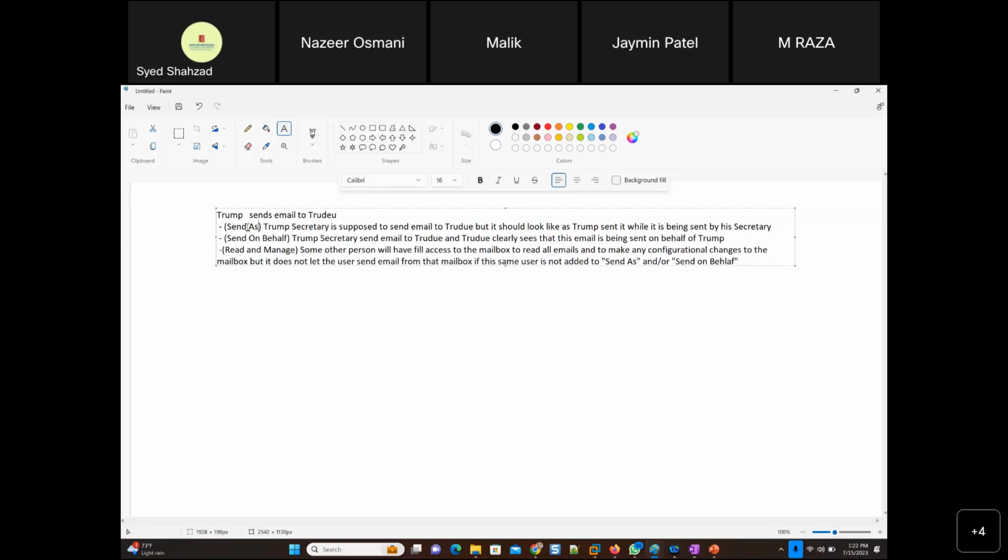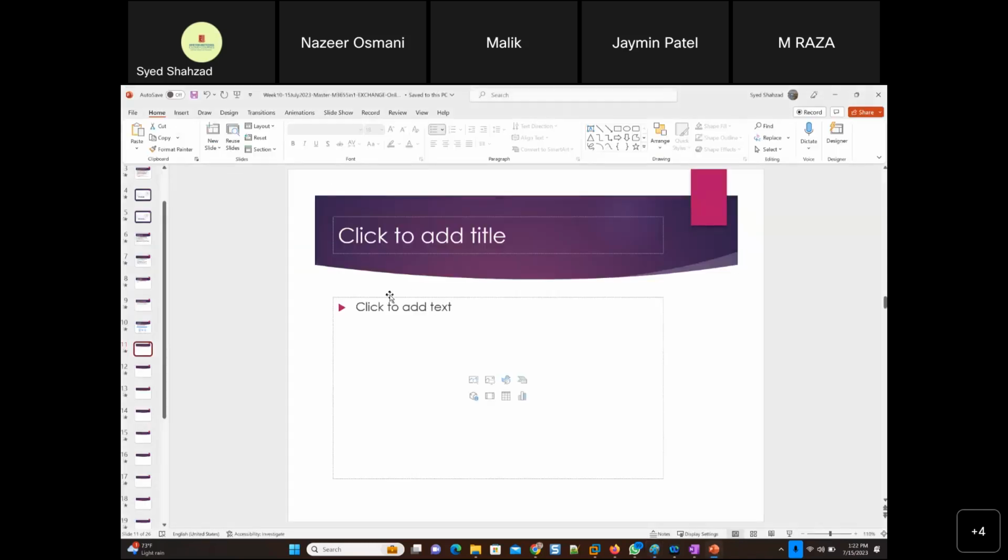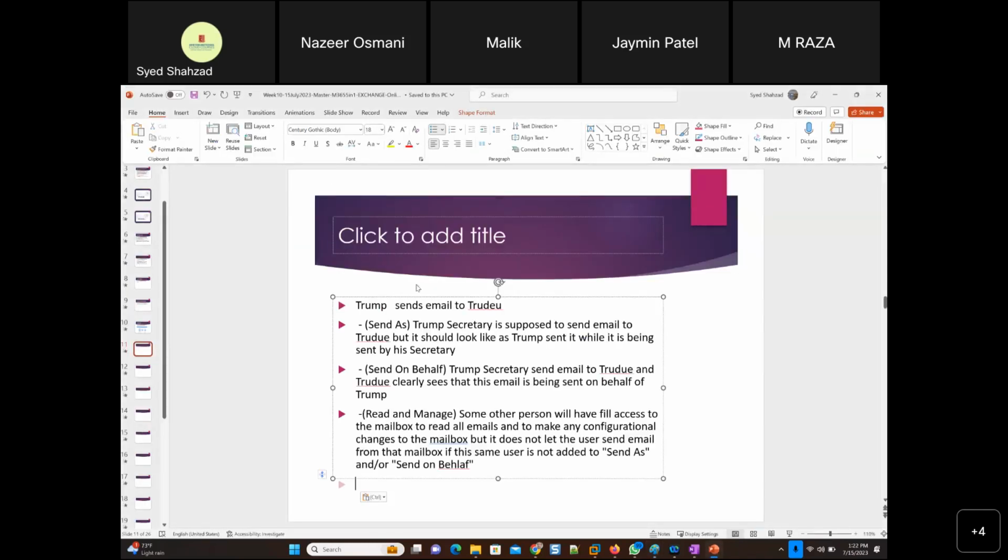Then you will add that user to send as, or you want the recipient to know that it is you sending on behalf of someone else. Then you can add that user to send on behalf, right? So that's the differences between these options, and this is something that you should clearly know because it's asked in